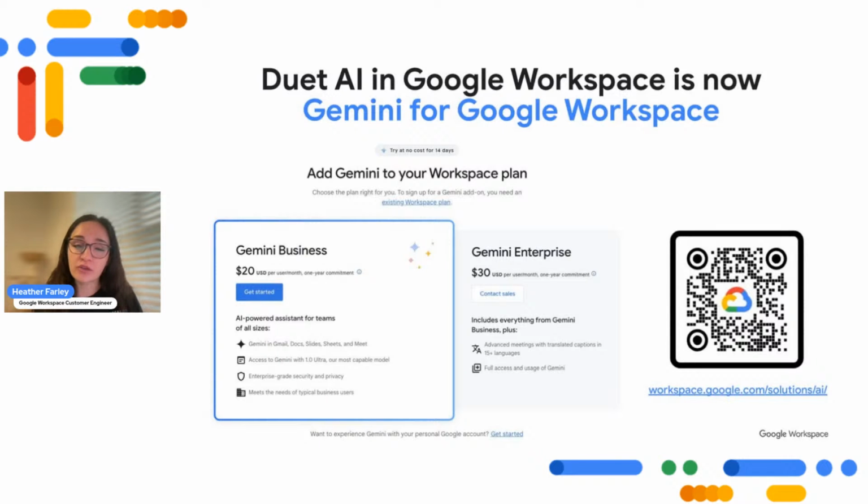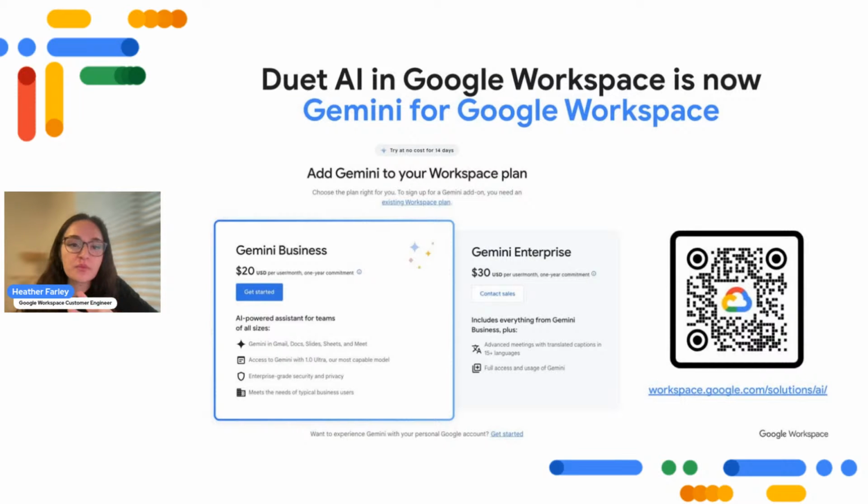So how I can start to do that, as an admin or as a business stakeholder that is possibly looking to purchase Gemini for Google Workspace: Gemini Business is going to be useful for your users that might benefit from a suite of generative AI features to enhance productivity, of course, boost creativity, as well as save you time. So every user for Gemini Business is going to be subject to a monthly usage limit, which could be beneficial to your organization for a multitude of reasons. And within this usage limit, it's going to be sufficient for typical generative AI needs. So I would recommend this for any of your users that are looking to save some time and get more creative with their work,